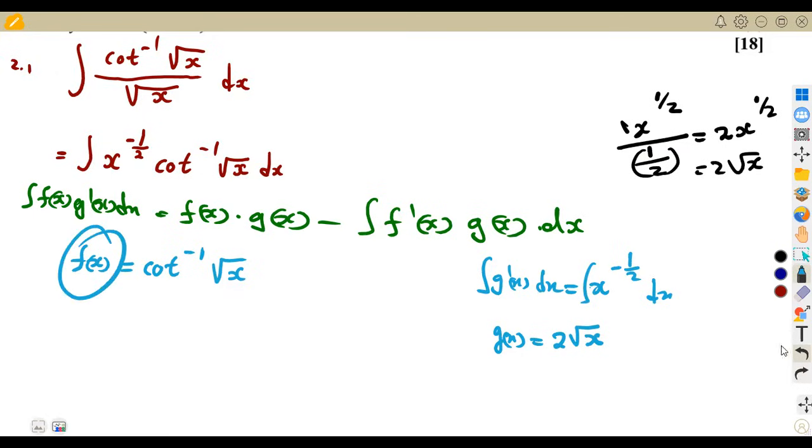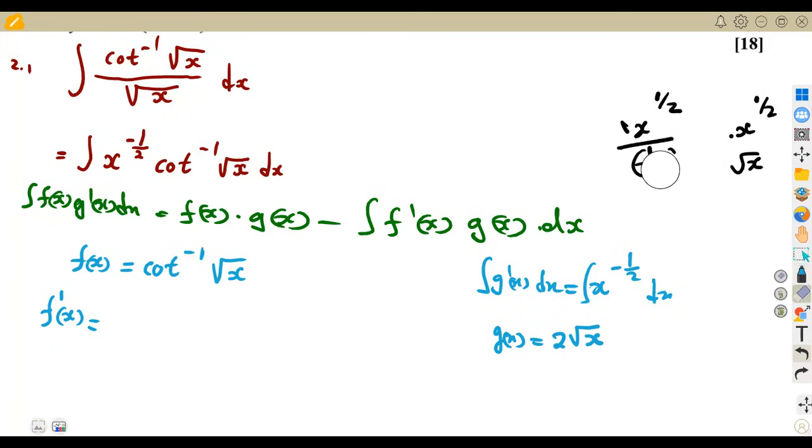But f of x is supposed to give us what? The first derivative. So from f of x, we are supposed to differentiate this, the derivative of arc cot of the square root of x. So let us get back to our formula sheet. All right. So I want you to check on page 3 of the formula sheet. Let's just hope those who write in 2030 or maybe 2027 are going to have the same formula sheet,